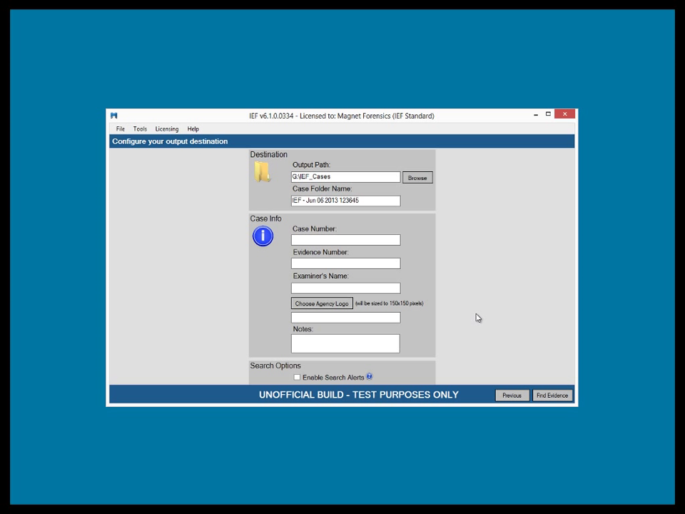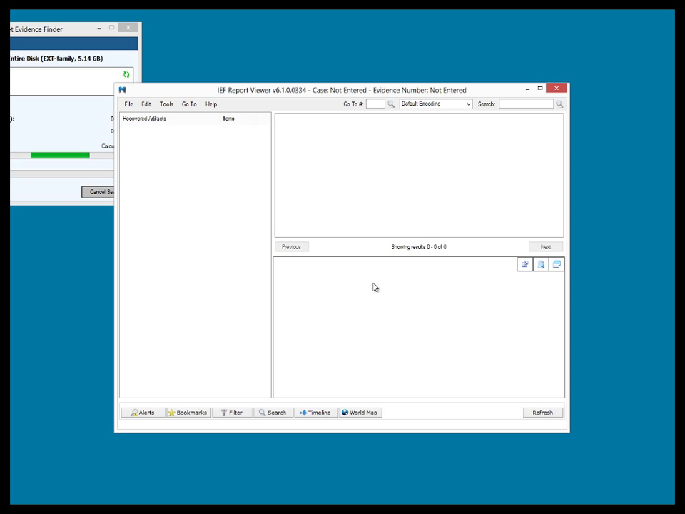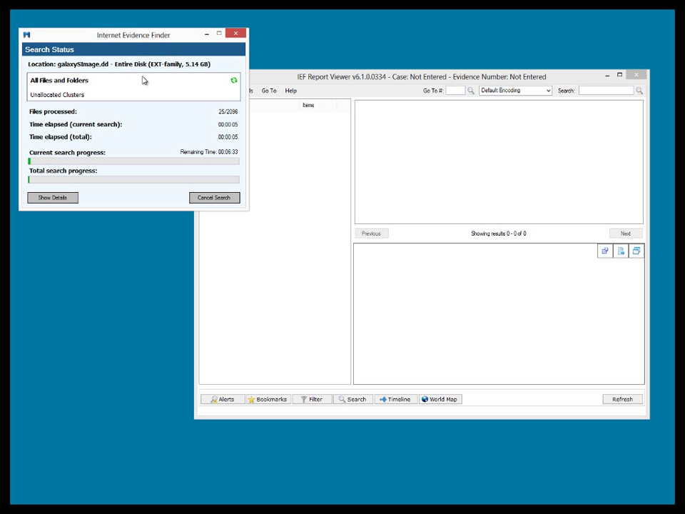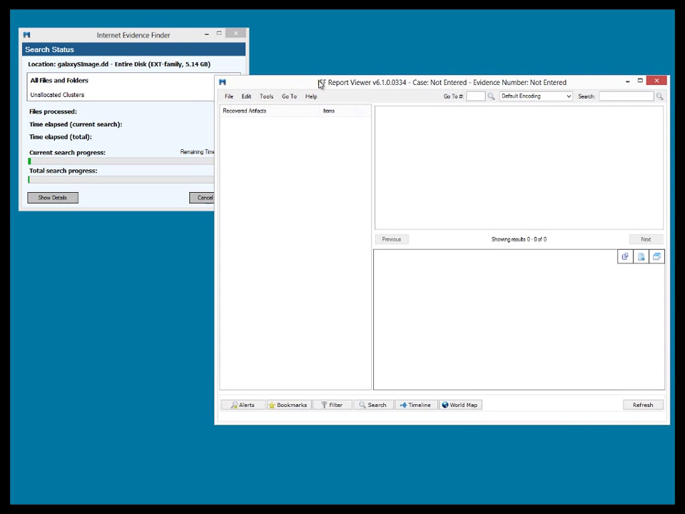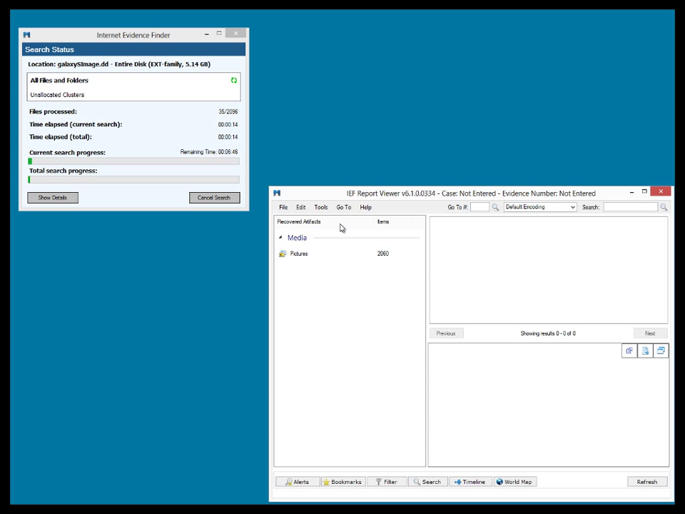Okay, from this point, I'm ready to just launch and let IEF start finding the evidence by clicking the Find Evidence button. It's asking me, you're about to start without giving any case information. Is that okay? Yes. And what should happen is IEF should go away, and then it should come back with two windows. The first one is going to be the status display that you see here in the upper left. And then the other one here is the IEF Report Viewer that will start to populate with artifacts as the